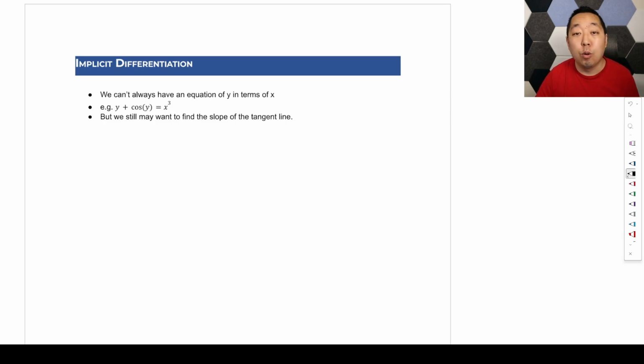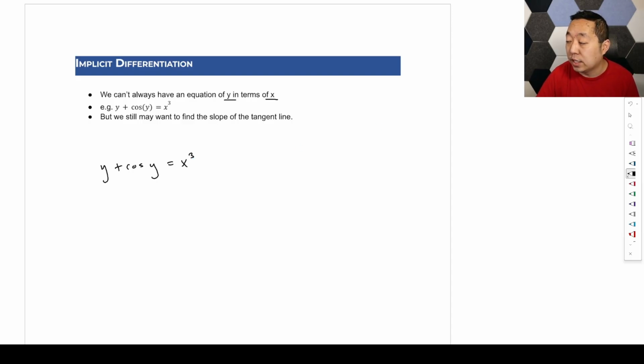So now that we know all the core rules for taking derivatives, what we want to look at next is cases where we can't necessarily take the derivative as normal. One case is when we can't always have y in terms of x, right? For example, if I have the equation y plus cosine y equals x cubed, this is definitely a graph, and